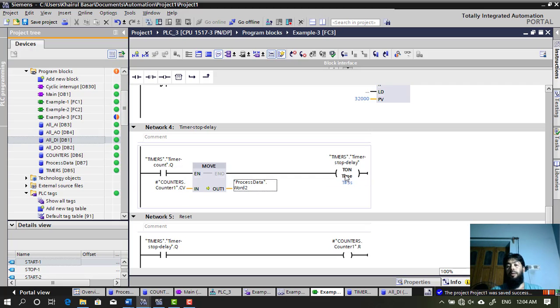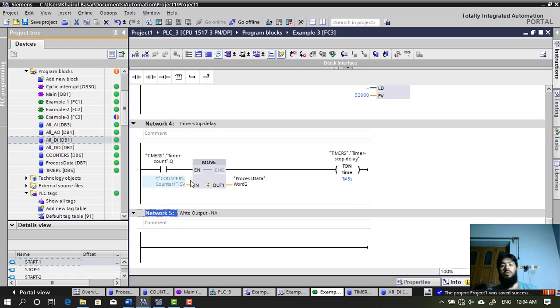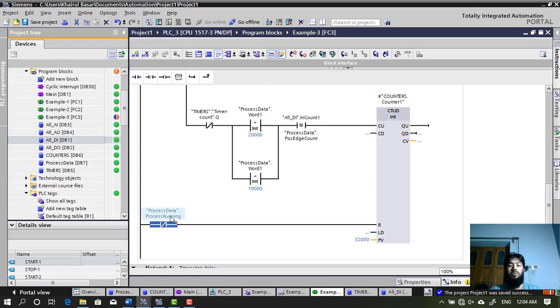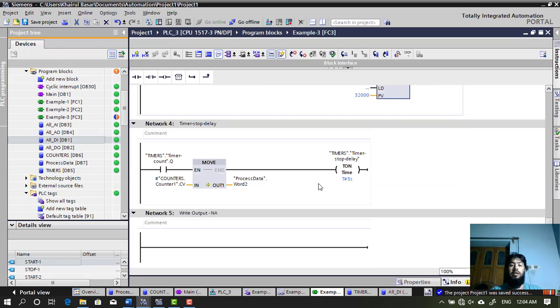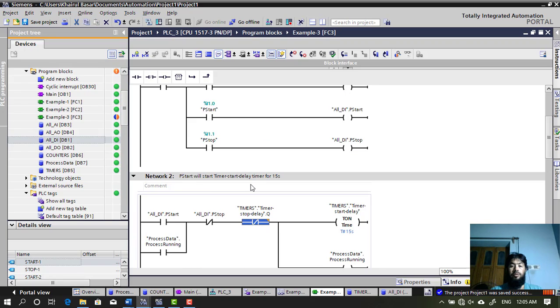Then immediately after that, in the same scan, the 5-second timer stop delay will start. After that 5 seconds, we have used counter 1 to reset. Even if we don't use this one, it doesn't matter. Actually, we can deal with this network because we have this: if process is not running, the counter will get reset. So after this, because we have used this interlock in this network,